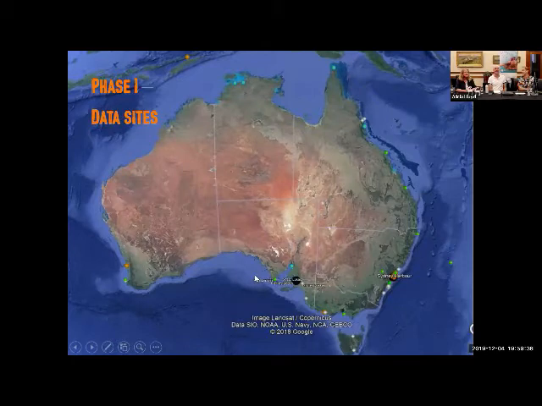There's a map. I don't know if you can see all the dots. We've created a map, and at the moment it's a static map, but we're working on an interactive map that will have the data, and you'll be able to click on all the data points around Australia and zoom in to areas. And you can't really see, but what you can maybe see is some different coloured points in that map.